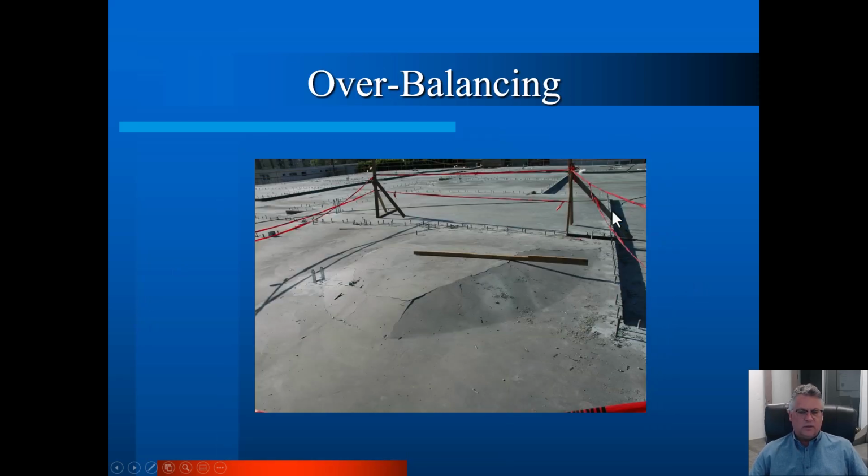Another thing to be concerned about is overbalancing. Overbalancing can happen for a variety of reasons, but this wasn't our job. The engineer who did this job only analyzed the slab, assuming that the full building on top of it was there, the full weight of that building. And that's a real common mistake to not understand in post-tension concrete, that one of the controlling analyses is when there is no load there.